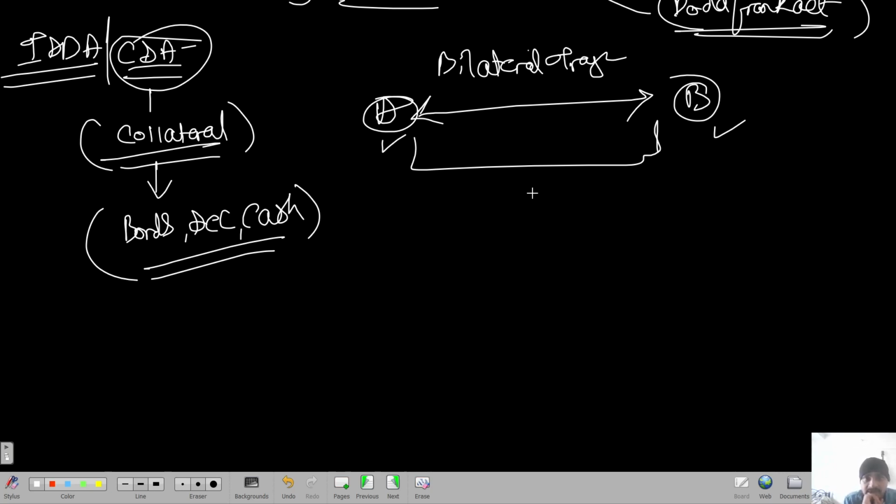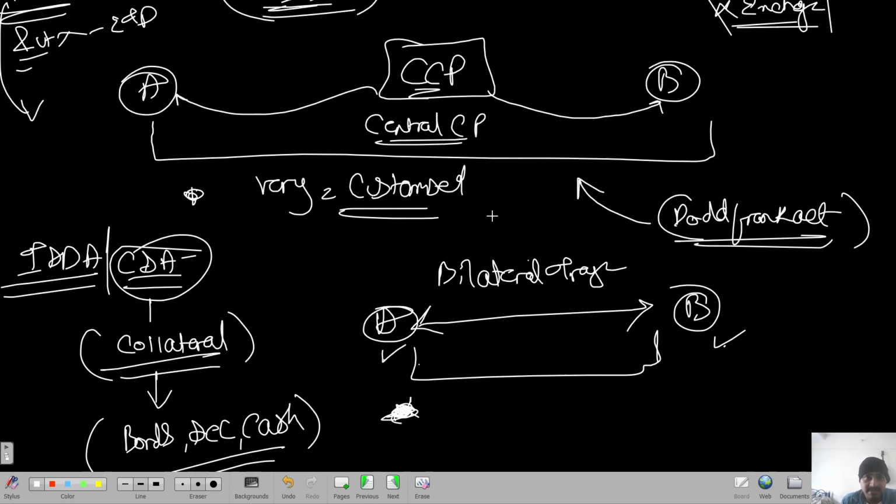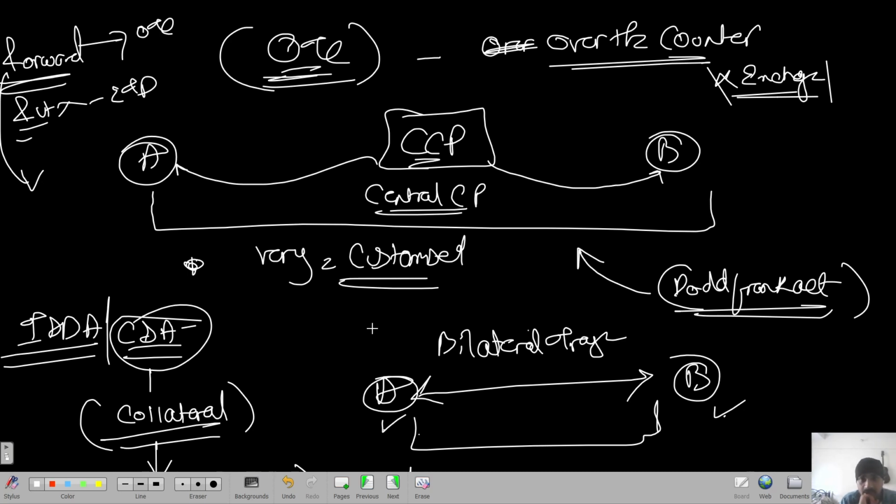Now, even if there is a case of a default, you have to understand that most of these two counterparties are big investment banks. These are not small pension funds or hedge funds. Most of the time these are huge investment banks, and obviously there is a bad name if you default in the market because no one else is going to trade with you. So that also plays a huge role. But as I said, due to the Dodd-Frank Act, many counterparties, the market, is moving into this sort of a scenario. That is it for